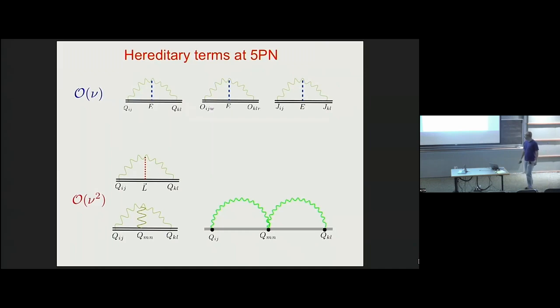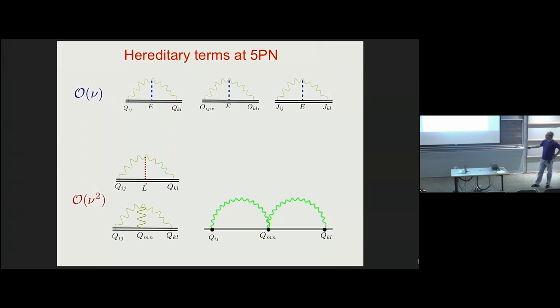I have also divided these two contributions in powers of the symmetric variable in order to remind us of what I said about the scattering angle. So this diagram contributes to the first order in the scattering angle. So you already know the end of the story. That should be fine. And these diagrams contribute to the quadratic part of the scattering angle in the symmetric variable. So this is where we have troubles. And in particular, I will not focus on this because it is basically the same kind as the other two, and really focus more on these.